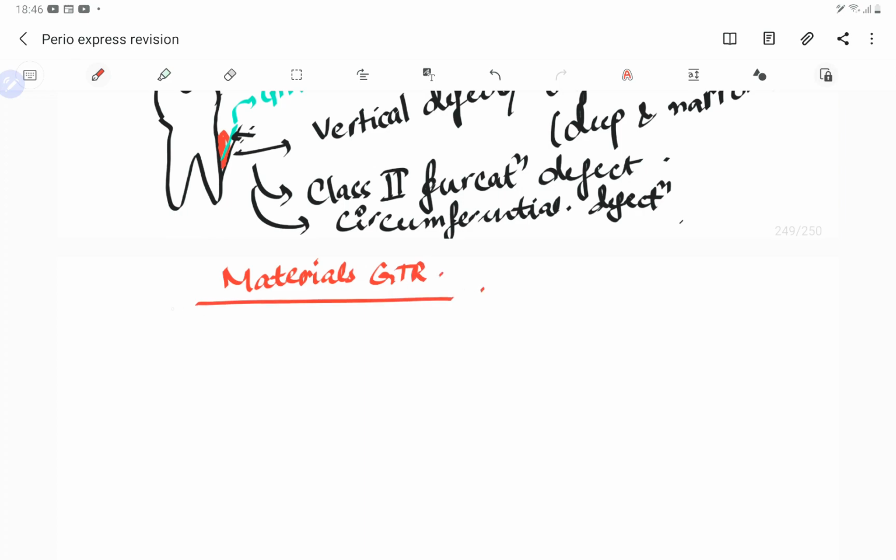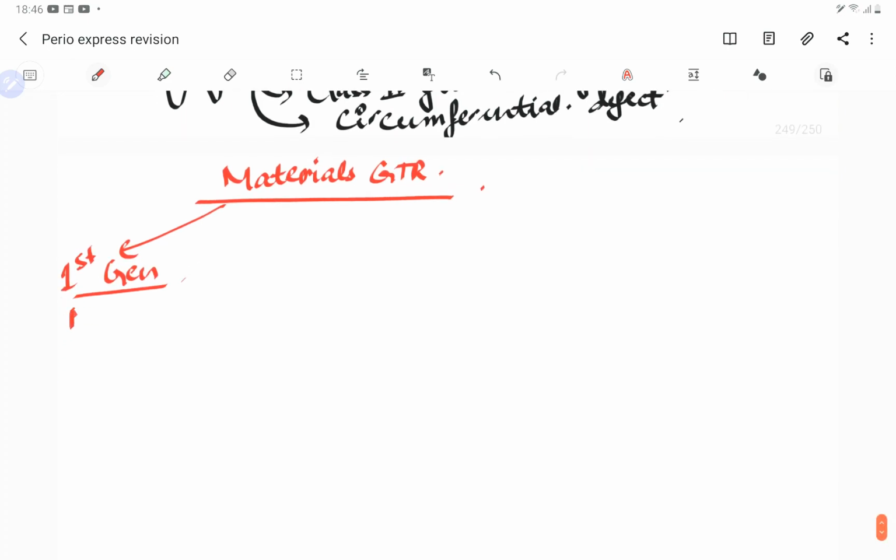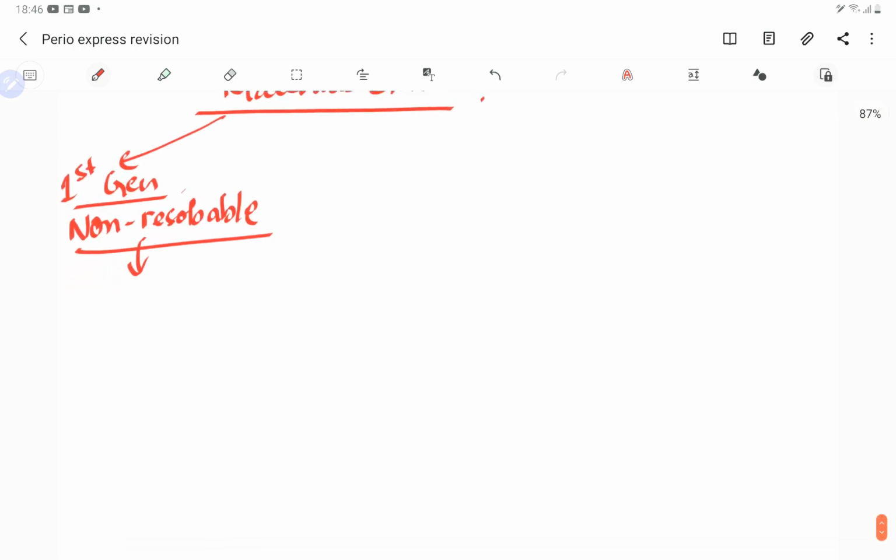According to Gottlob, the first generation materials are the non-resorbable. That means they cannot resorb on their own. We have to do a surgery to remove these materials. We have to go for a second surgery. So most important in the non-resorbable membrane is EPTFE. So what is that? PTFE is basically